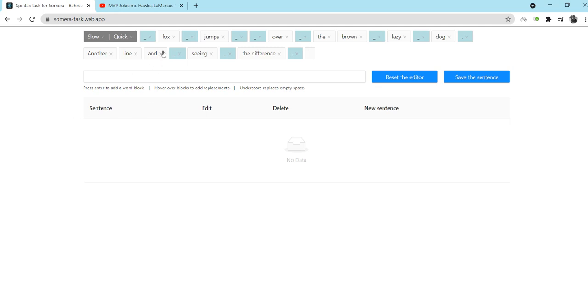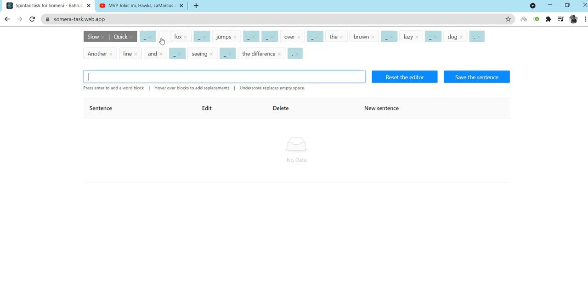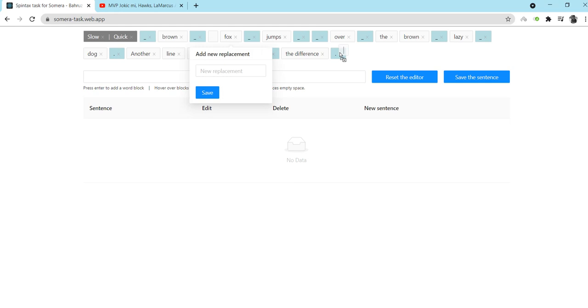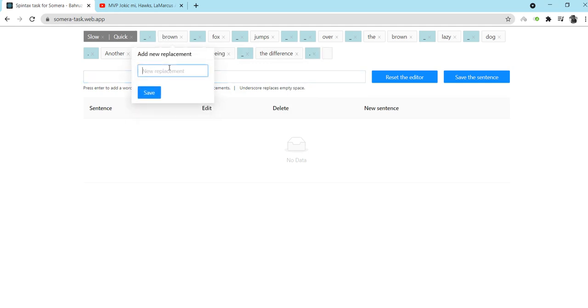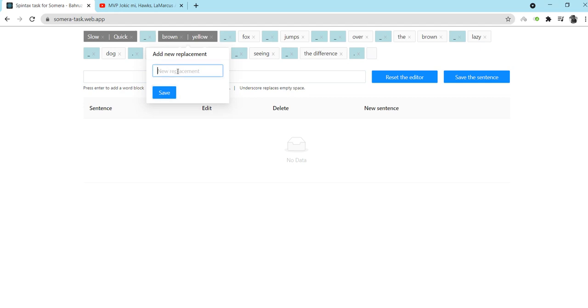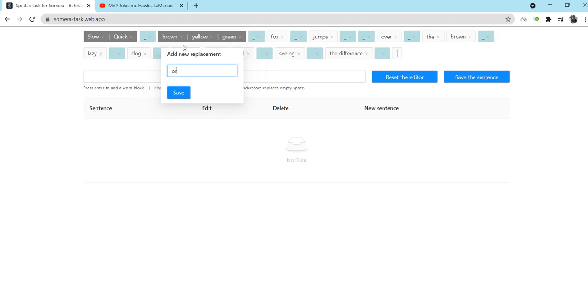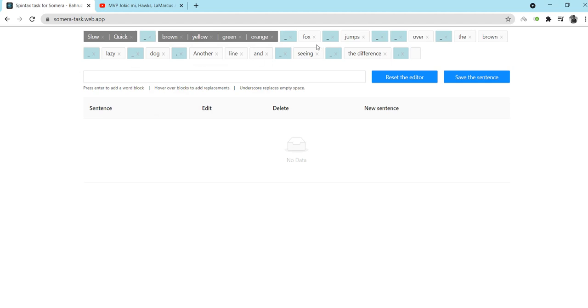Let's put another animal. Let's put a color before fox. Okay, here we are, brown, and then a blank space. Okay, now let's put it at the end again. Let's put the replacement for brown: yellow, green, orange. Let's put the replacement for fox: cat,